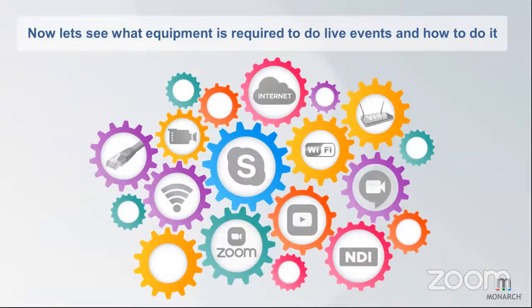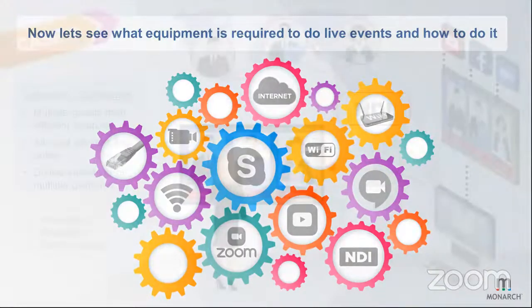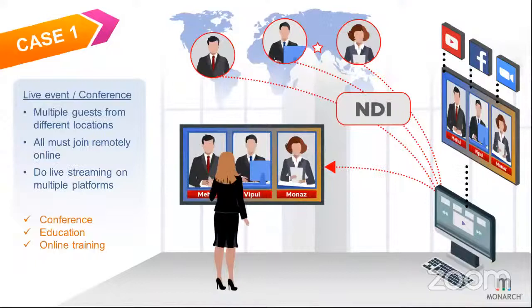Now let's see how we can do all this kind of stuff, and what equipment is required to do this. So let's talk about case one. Again, we come back to case one where we are taking all the inputs from the network, from NDI, and we don't have any physical camera connected for using these NDI sources. And we are again using only one system